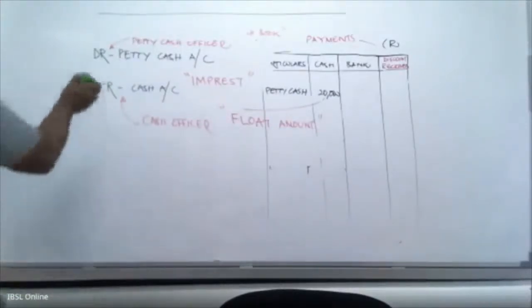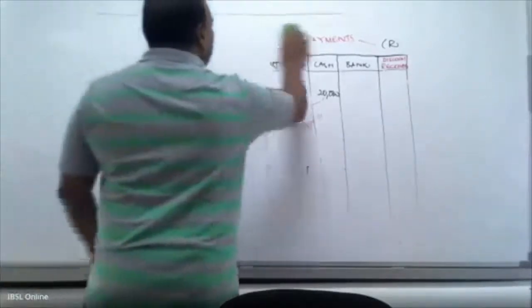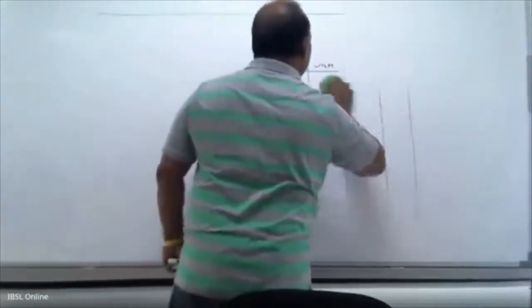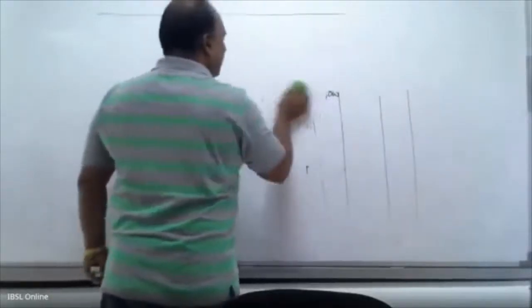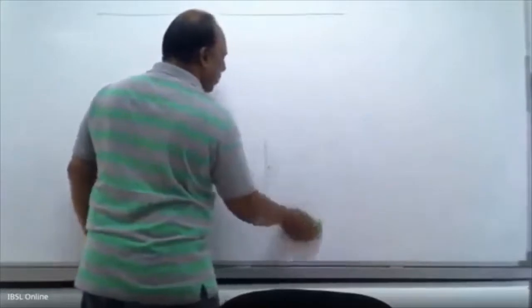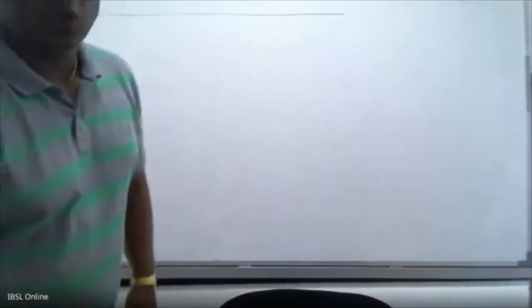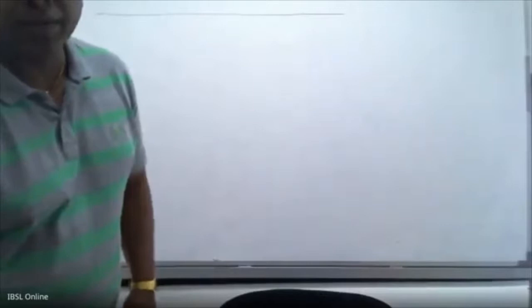But what happens here is, like the cash book, the petty cash also has a separate book. That is why we call it a petty cash book. So once you receive this float amount, you need to record it in your petty cash book. So if you really look at it,